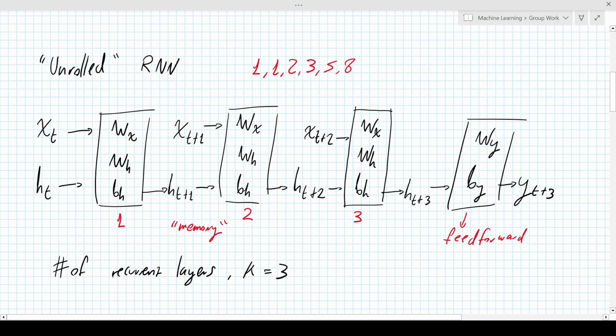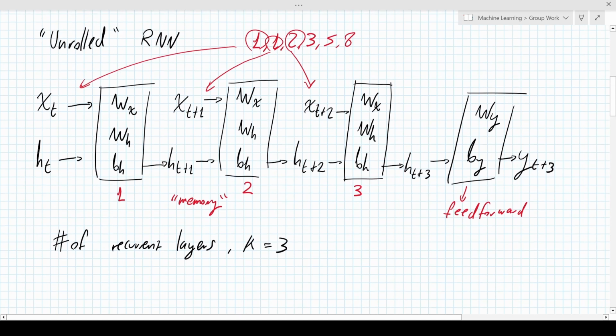So we could say that we have inputs 1 over here, 1 over here, 2 over here, and then we're trying to predict what the next input will be, which, if all goes accordingly, will be 3. So y will be 3 if it goes accordingly, and if not, we have an error. And then these just store the memory from the previous layer.